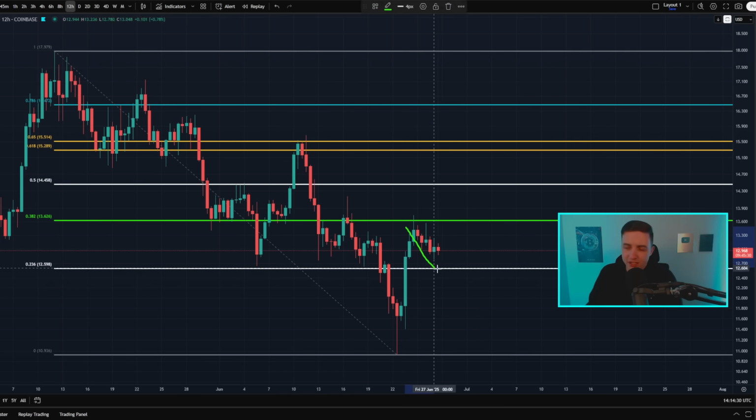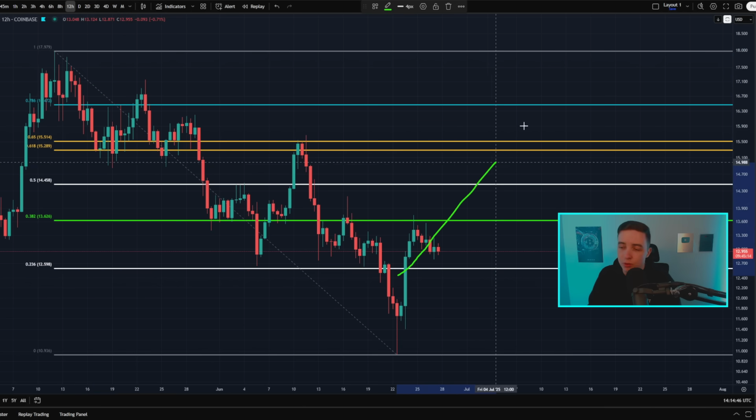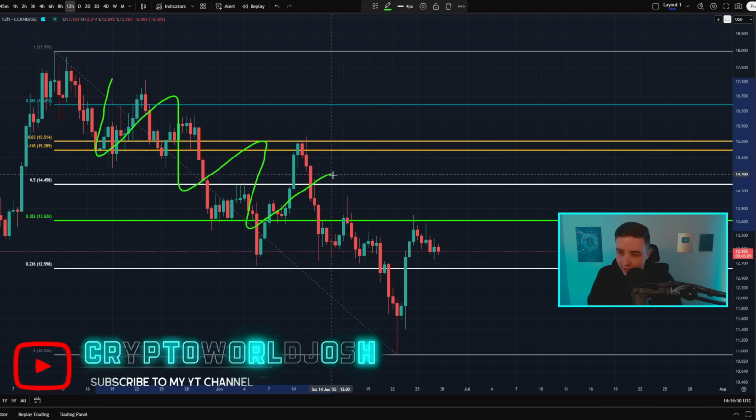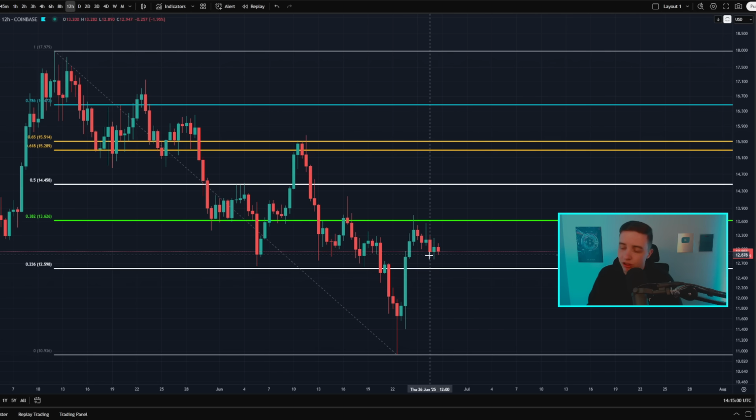And if we were to bounce around this area of support that I just mentioned and then see a confirmed breakout above this resistance, once again, as I just mentioned, I could possibly form an inverse head and shoulders pattern. And in that situation, that would be the first change in price structure, possibly pointing towards more of a bullish trend reversal out of this bearish trend into a new bullish trend rather than just a short-term bullish move during a larger bearish trend. But once again, at least as of recording this video, we've not yet actually confirmed a